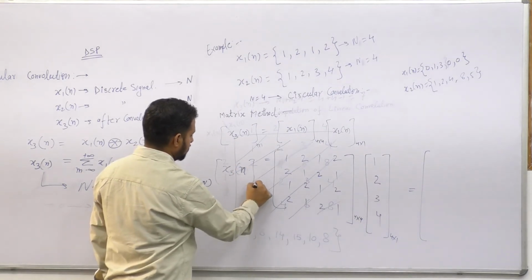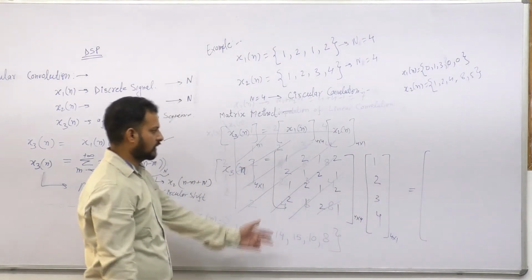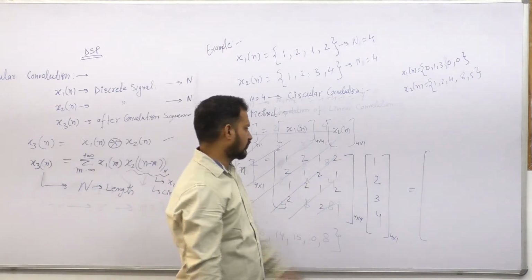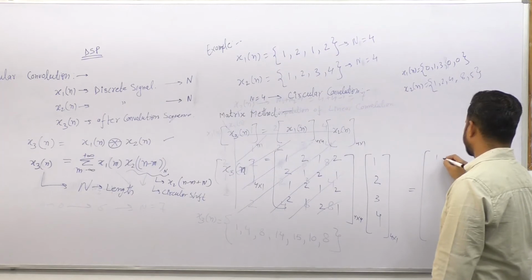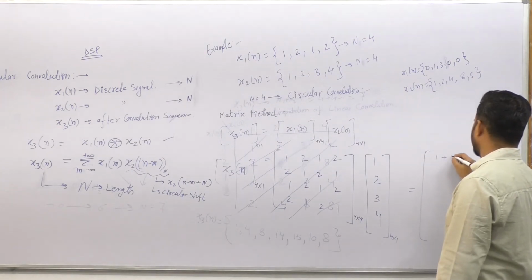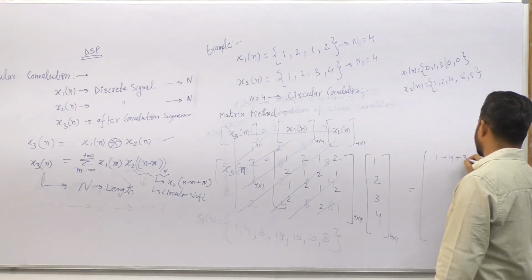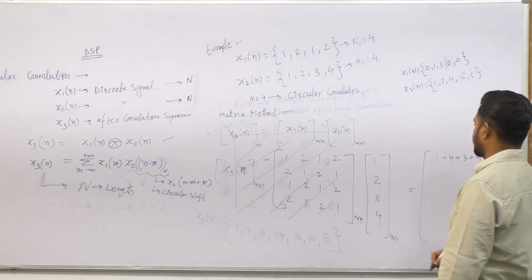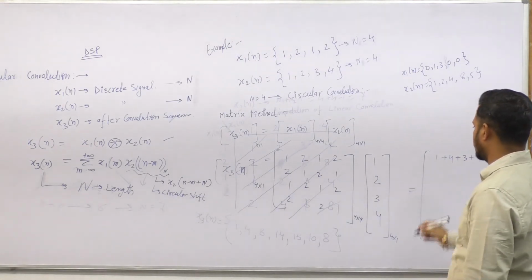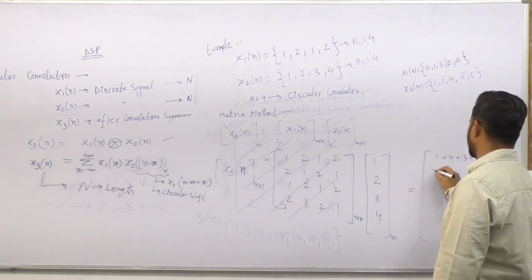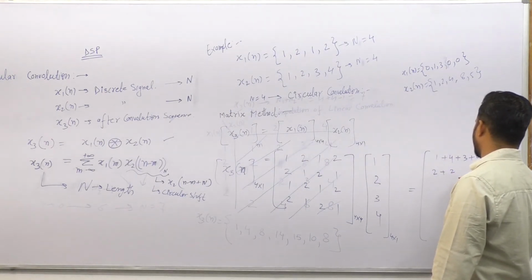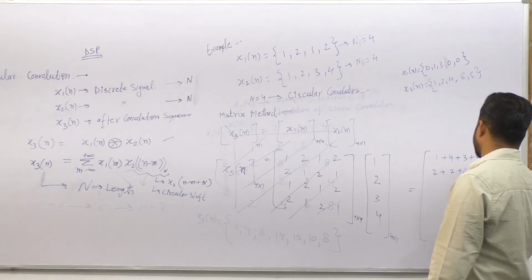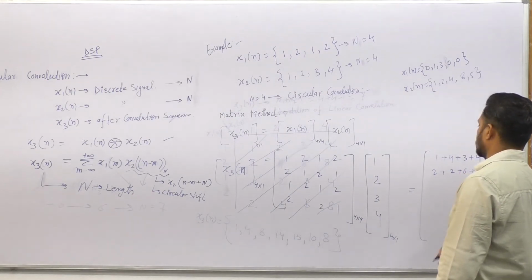This is the n, 4:1 matrix. So we will multiply this. Whenever we are going to multiply, let's look at the multiplication part. So this is 1 plus 2 into 4. This is 3 plus 4. Next part we are going to look at. This is 2 plus 2 plus 6 plus 4. Right?